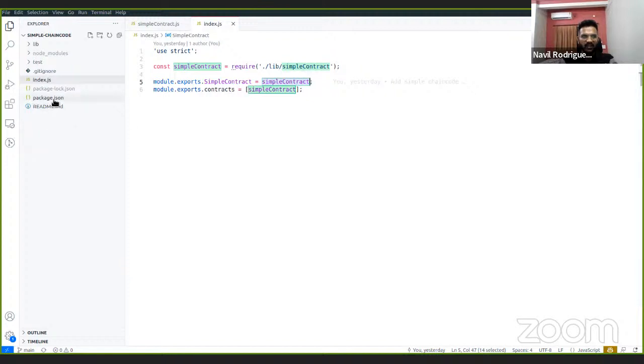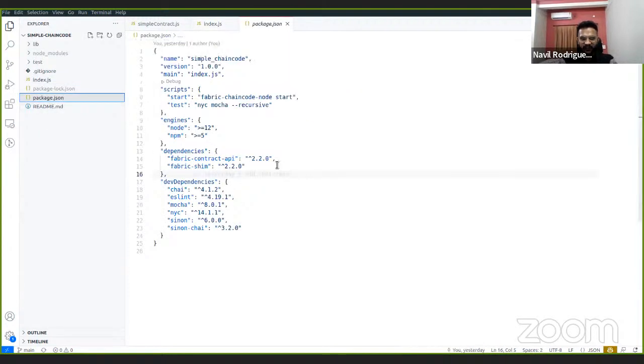Then we have the package.json file. This is the start command, which is run by peers in the network in order to run the smart contract. And this is a test script